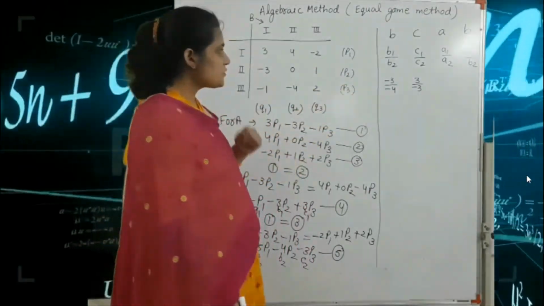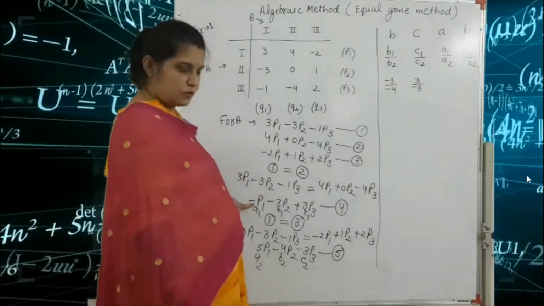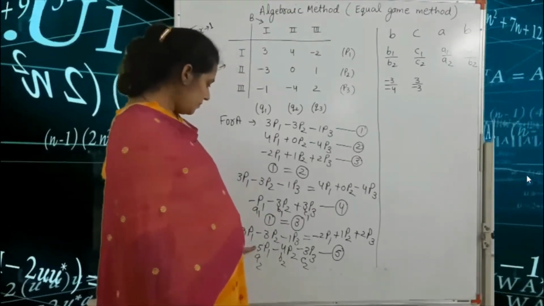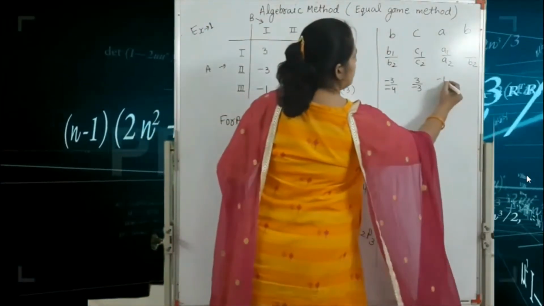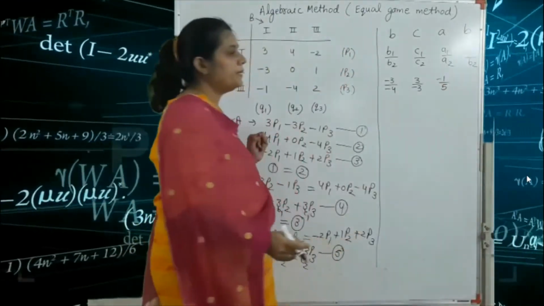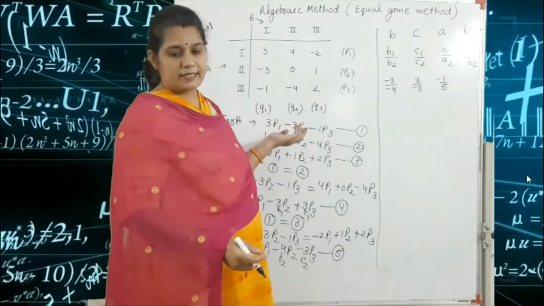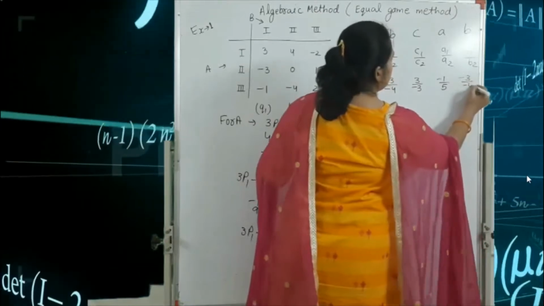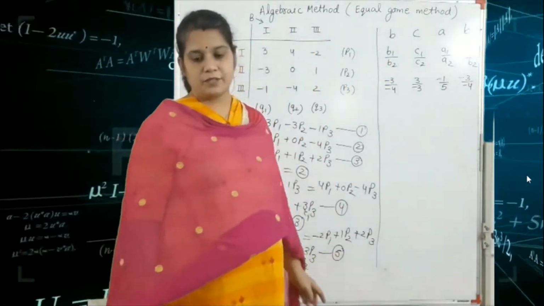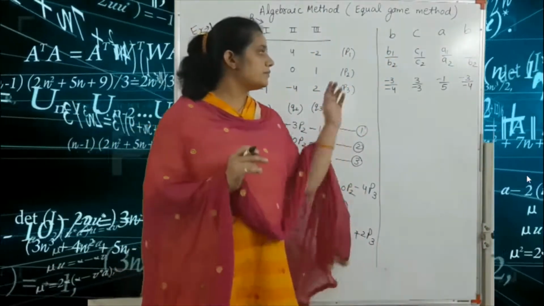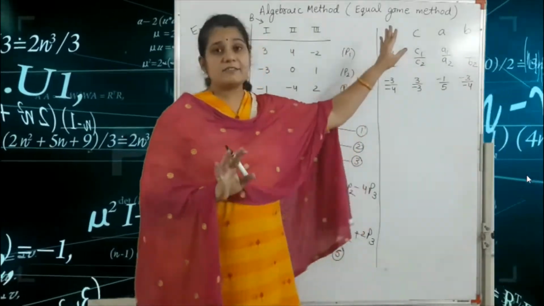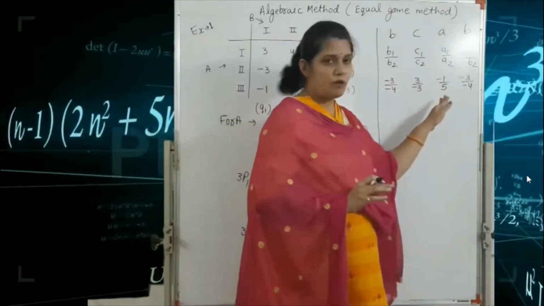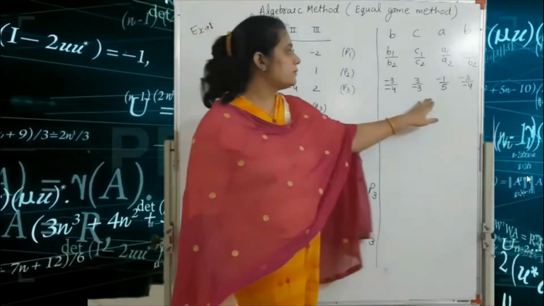Okay. Next one is A1 divided by A2. So A1 is minus 1 and A2 is 5. Okay. So we write here minus 1 by 5. And B1, B2 we write here as it is. So here we write the minus 3 and minus 4. Okay, so here we write the values. This is a trick, so always keep in mind this formula. So here we put all these values.